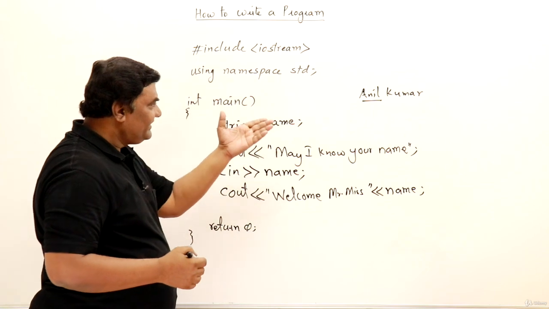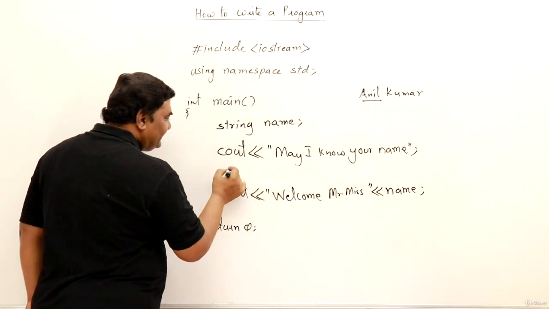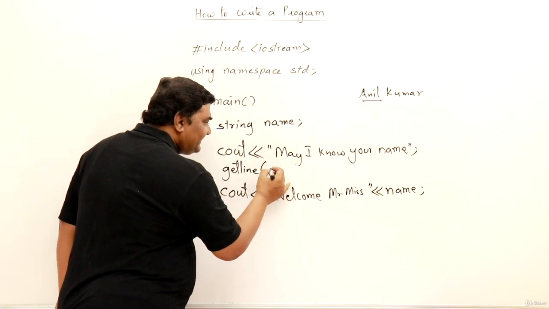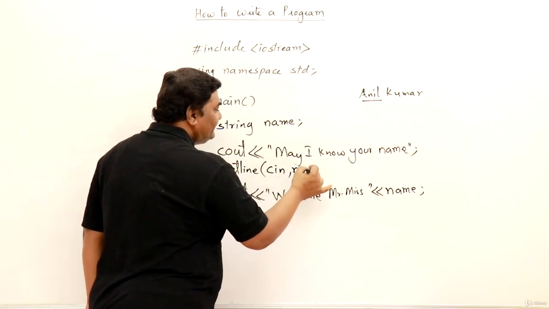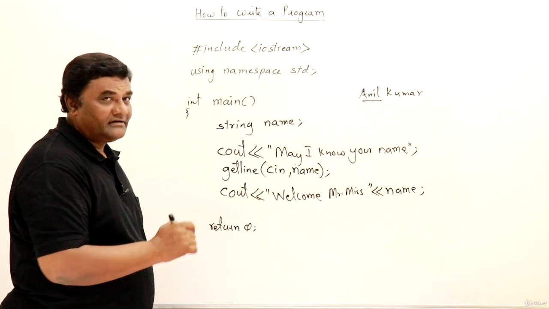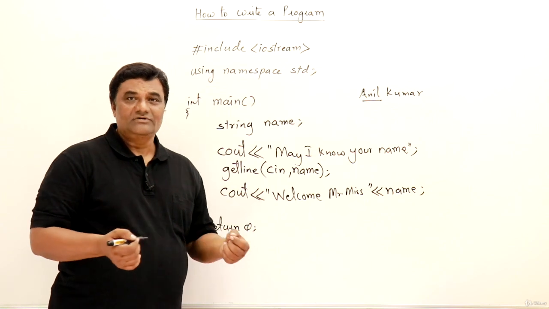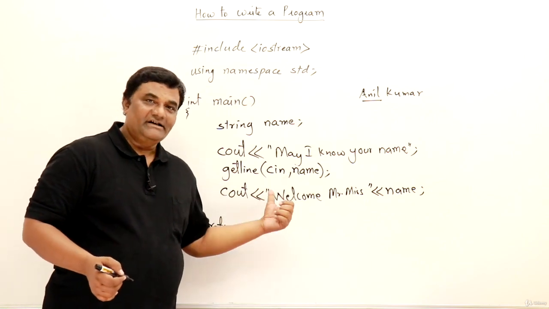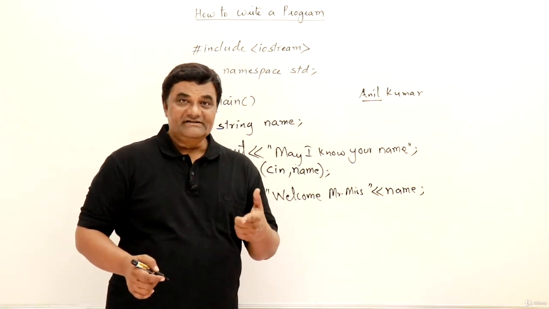Then how to make it read everything? So instead of cin, we have a function called getline. Inside this, I should write down cin and the variable name, that is name. This will read all the words until you hit enter. So this will be perfect for taking the names of people that may be of more than one word. So this is better. So that's all. In the next video, we will have the demo of these programs.